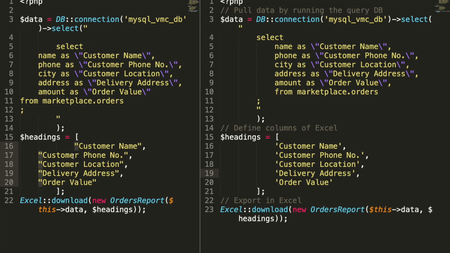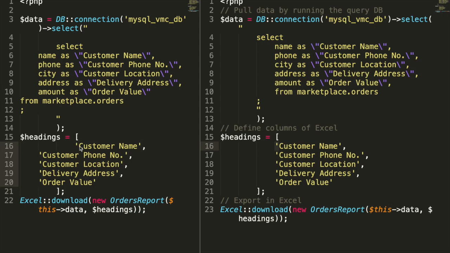Now I just need to replace these double quotes with single quotes as is required here, which is pretty simple. By now I'm sure you know how to do this. I'll select the first double quote, do Command D a few number of times. It selects all my double quotes. I delete those and type a single quote, and here we go. The required code changes have been done.